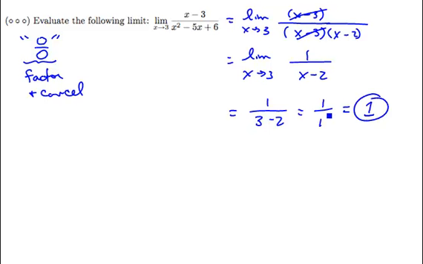That's the limit. Again, the interpretation of what that's telling us in terms of the graph is a good idea to think about. What we've just discovered is that at x equals 3, there is no y value. There is no y value because division by 0 occurs at x equals 3. So 3 is not in the domain. But we have found out that the graph approaches the height 1 both from the left and